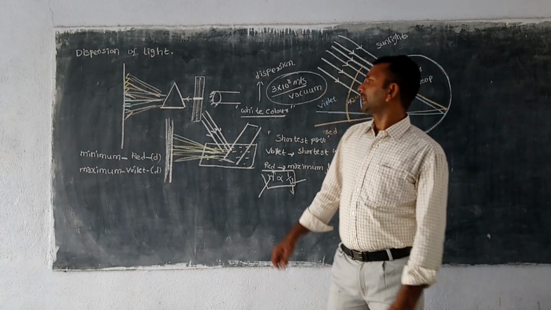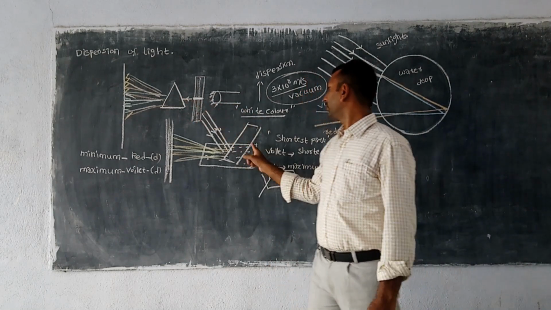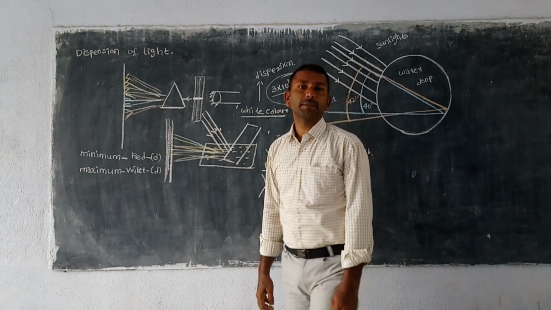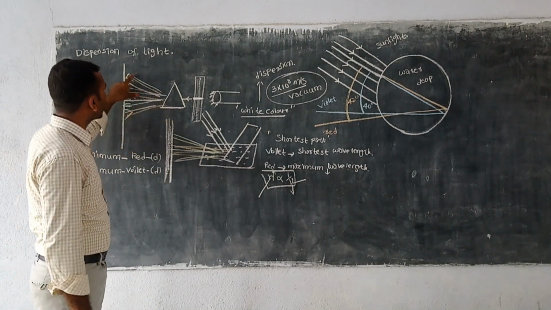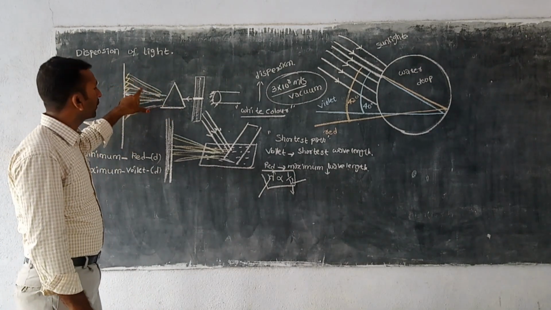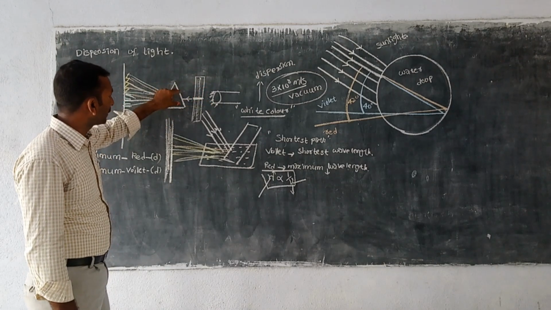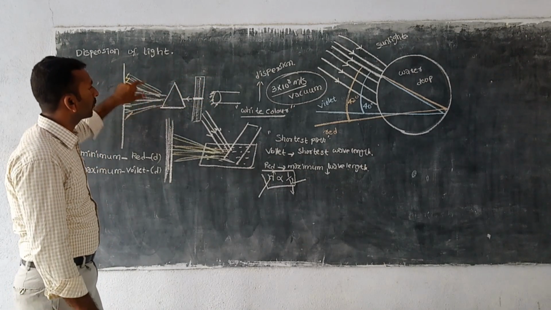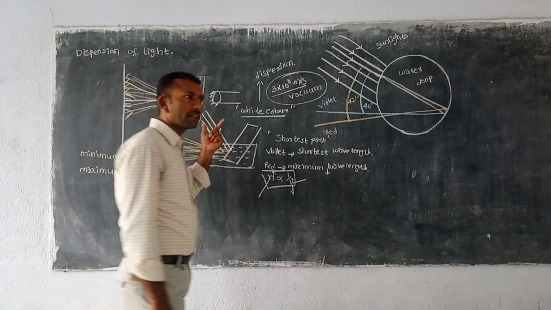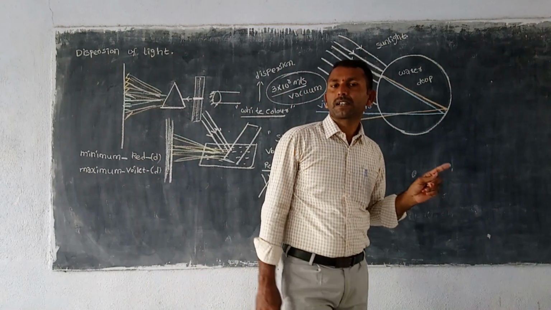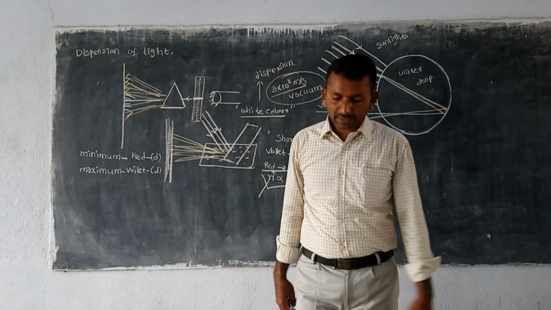So what is happening here? When the light is passing from one medium to another medium, how many light rays are entering this medium, that many light rays are coming out from the medium. So the light rays entering the medium equal the light rays coming out from the medium after the refraction. That means this is the frequency, and the color will not change based on the frequency, but only based on the wavelength the color will change.